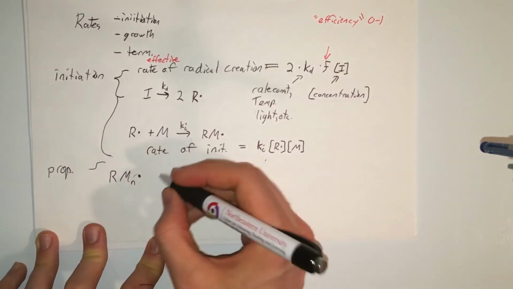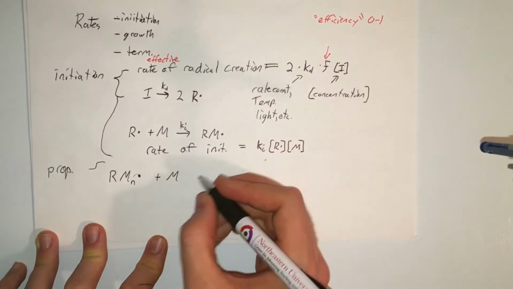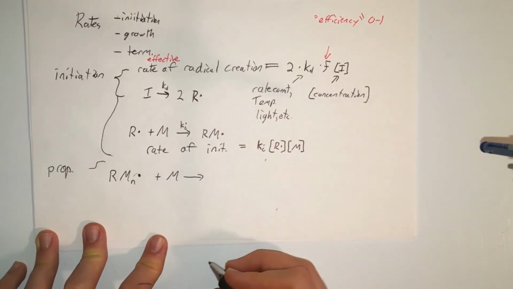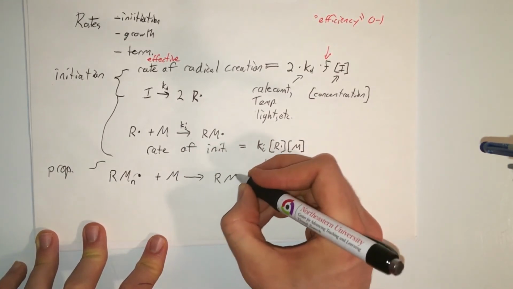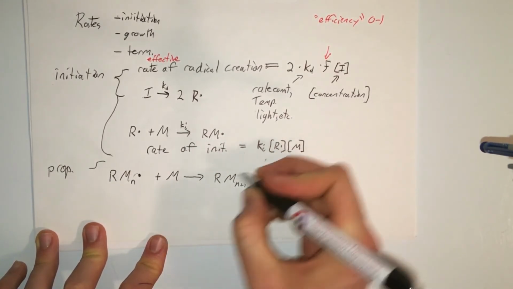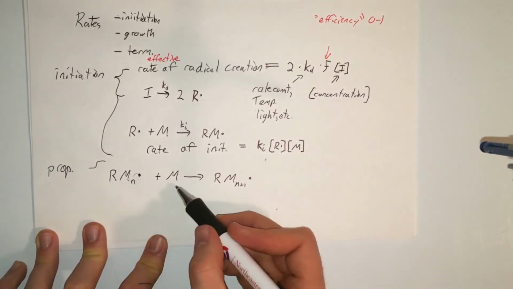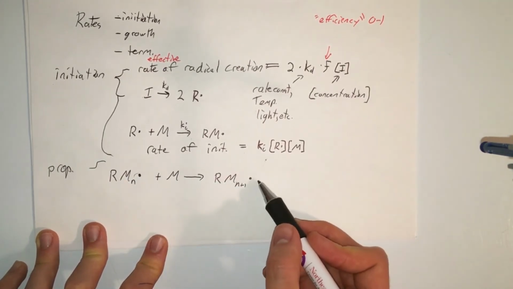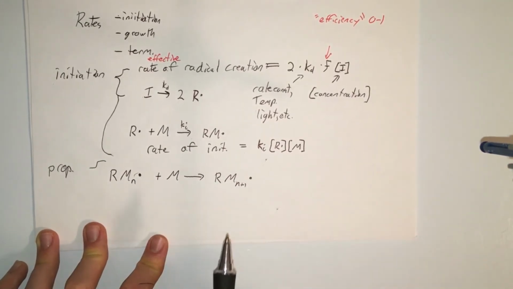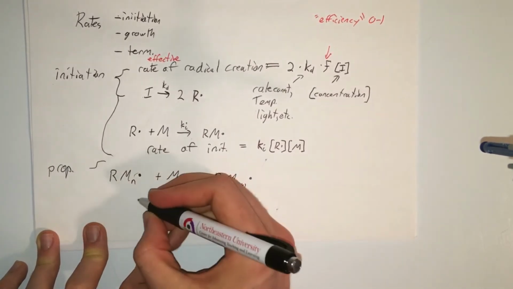And this thing combines with some monomer, and that goes on to form a radical with a monomer chain length of n plus 1. So it's just the process of adding this monomer on and then popping the radical over to the end of this slightly more grown chain. And if we were to talk about its rate,